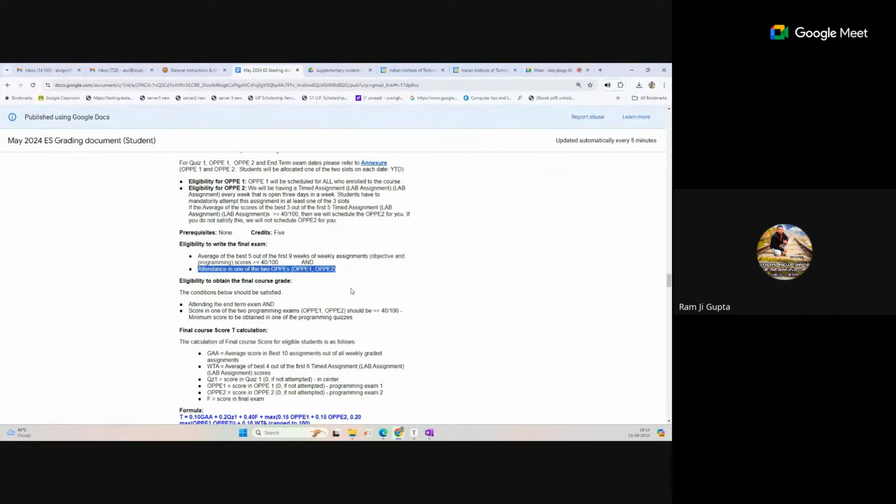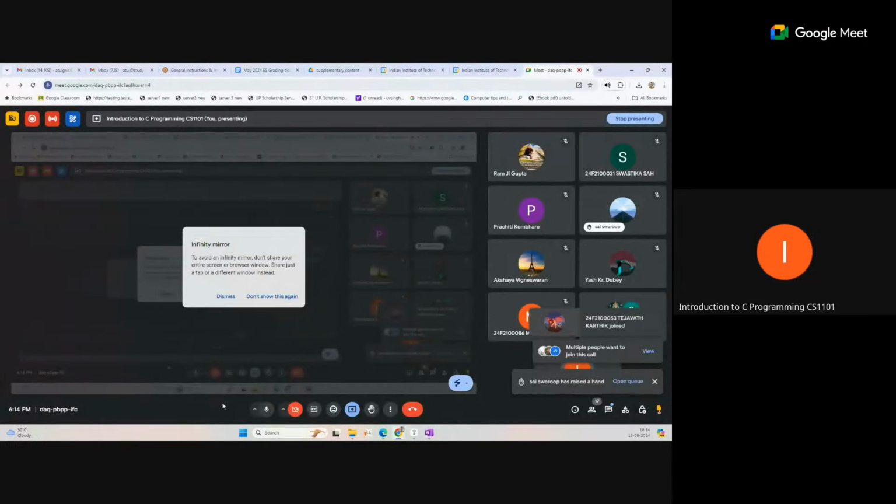I also filled the G form for that discrepancy. No, you are not present in the exam. Yes, sir, I am present, but I am unable to do any question because of less knowledge of programming on the portal. Okay, and because there is some other criteria also for being present, you have to join the Gmeet